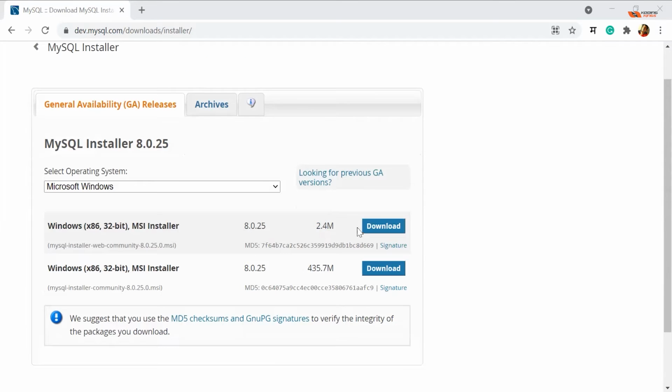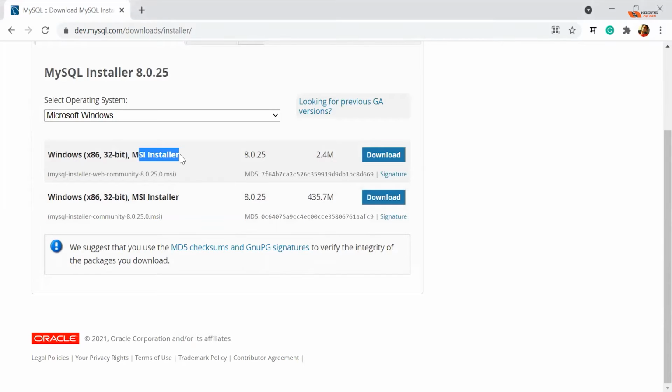You have MSI, so if you have a good internet speed, download this one, and it will download and install simultaneously. If your internet speed is breaking in between, use this other option because it will download everything to your computer and then you can easily install.